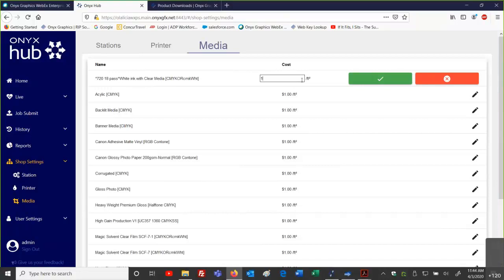Let me make a note here. Yeah, square feet, linear feet. So it looks like we can enter in information when it comes to printer for specific material, media, like we're talking about. Hey, I've got this roll material is one thing, right? And then I've got this flat size information. So let me get back to you on that. I'll have to find out from product management and get an answer back to you guys on that.